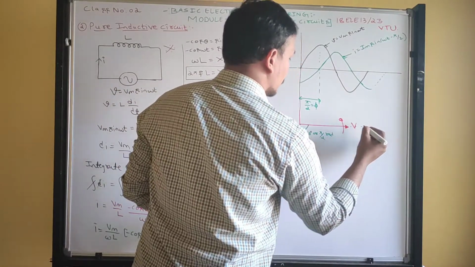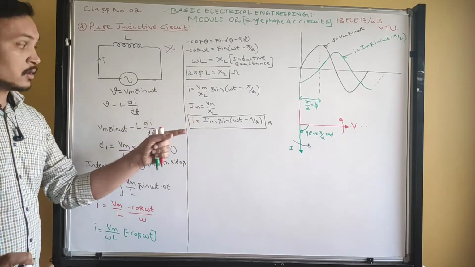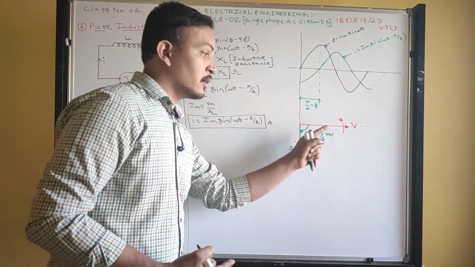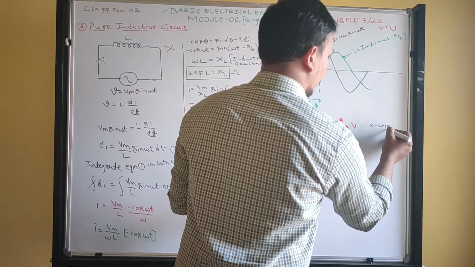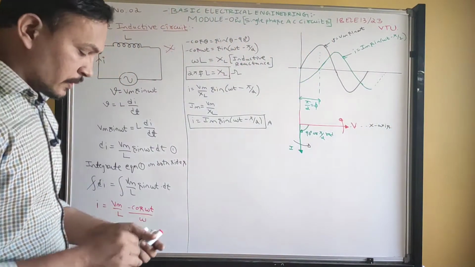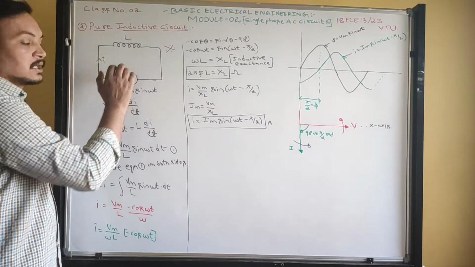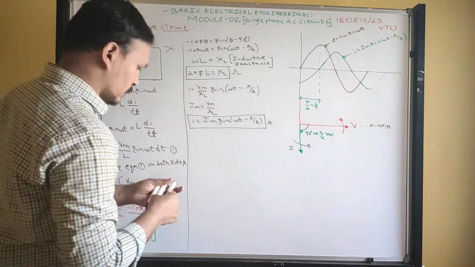So always, by knowing the voltage where you started, you determined the current. The parameter you have taken to start the derivation should be the reference. Okay, the reference will be the x-axis. Okay guys, understood? Now we have to compute whether a pure inductor will consume power or not. We can do that.